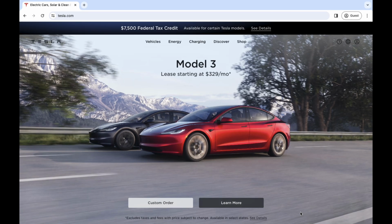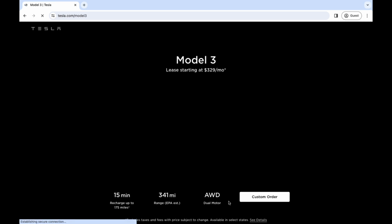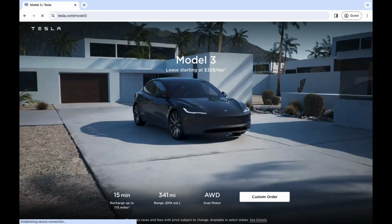So this is Tesla's website, right? So now you see that they've updated the landing page, and it says the Model 3, and it shows the brand new Model 3, right? If you click on Learn More, you're going to see that they have all new media, all new videos and information on the site. So we look here,